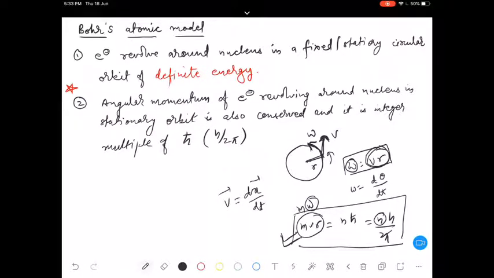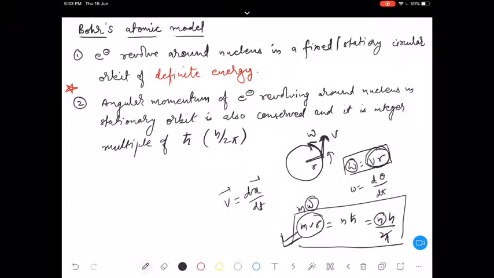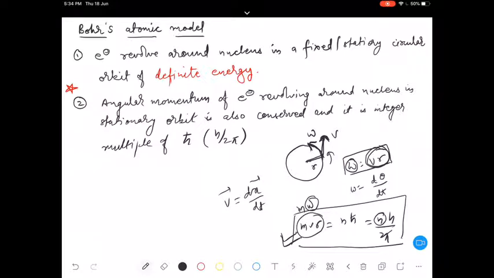He was unable to define. See, the first one can be defined very easily. But the second one, defining it mathematically, Bohr was unable to do throughout his life. Later on, de Broglie, when he came up with his dual nature theory, with the help of that dual nature theory, we were able to define this angular momentum. Yes, it is correct only.